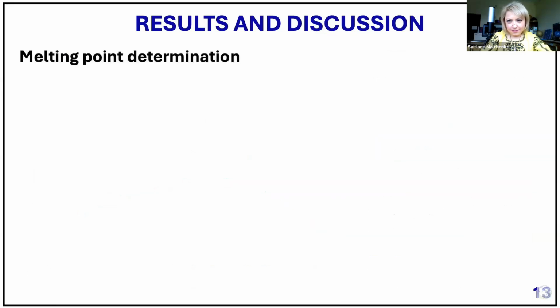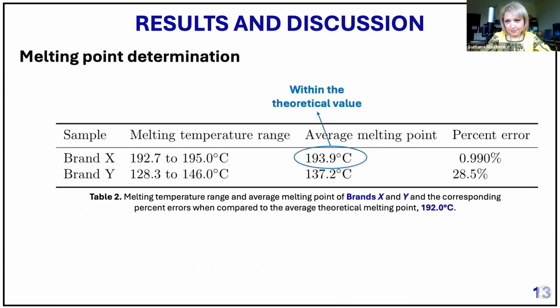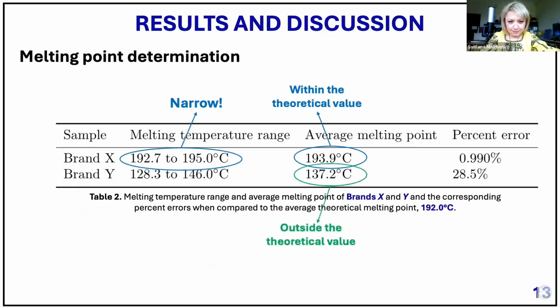In the melting point determination experiment, we see that the average melting point of band X falls within the theoretical value. Furthermore, the observed melting range is narrow. Conversely, the average melting point of band Y significantly deviates from the theoretical, and the observed melting range is broad. This suggests that band X is pure, while band Y is impure, which is consistent with our result in